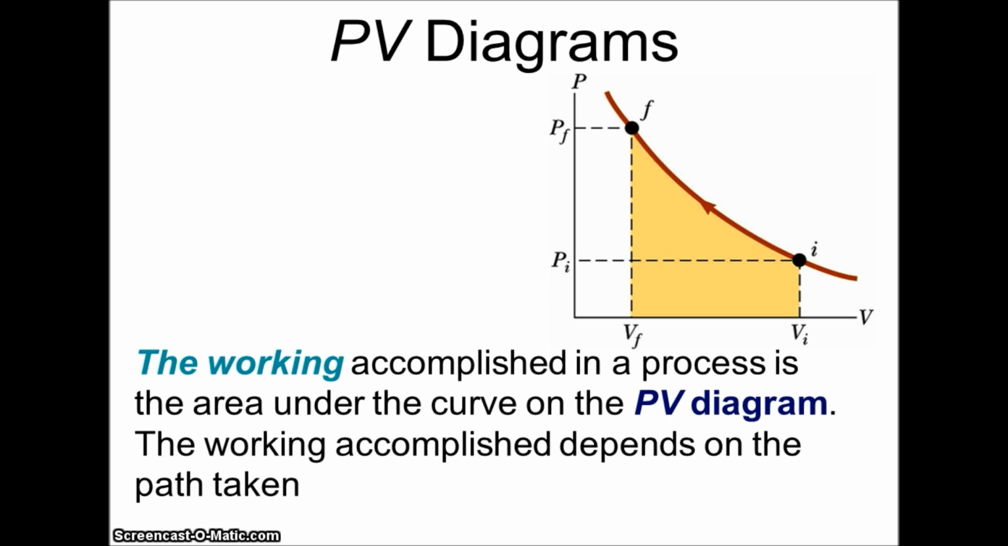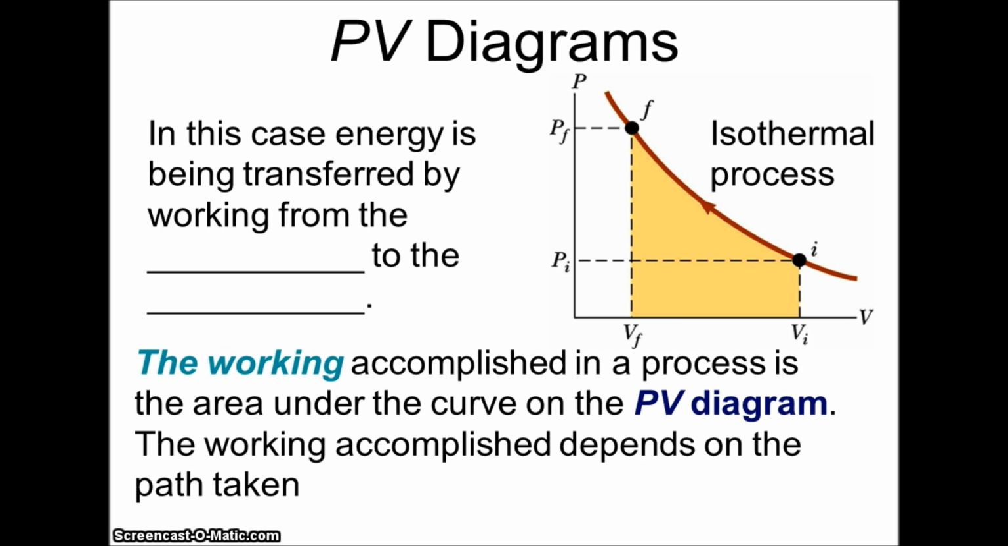In this case, the volume's decreasing, so that means it's being compressed, which means work is being done to the gas. So for the first law of thermodynamics, the change in internal energy equals Q plus W. In this case, W is going to be positive because the work's being done to the gas. This amount of work done, since it's the area underneath the curve, is dependent upon the path taken. In this case, energy is being transferred by working from the environment to the gas